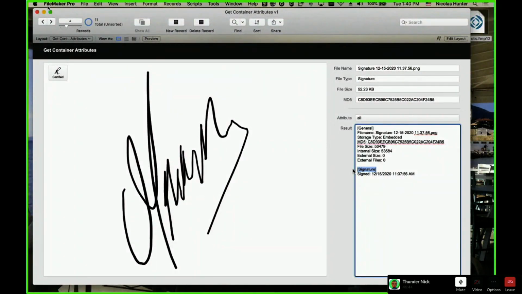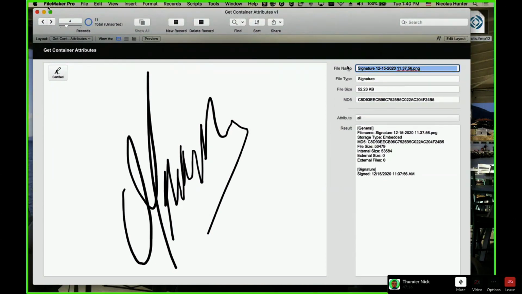It's an image. And this is a signature because at the time I got the signature, the container gets the file created by the signature feature in FileMaker Go. It's a PNG, but it gets a specific tag inside the file that only FileMaker can read, okay?